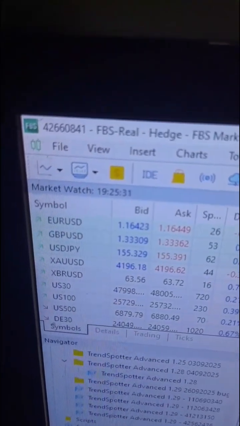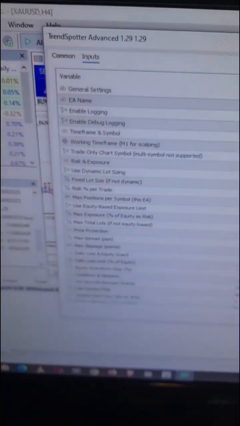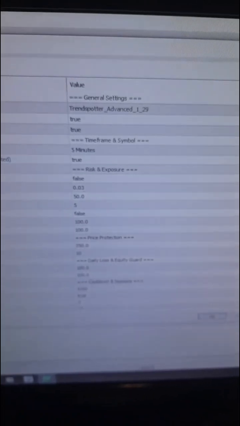That is a real account, right? Here on the far right, you can see the actual bot. That's what the bot looks like. I double click on that. That's all the settings in the bot, which we pre-program and give you a file.